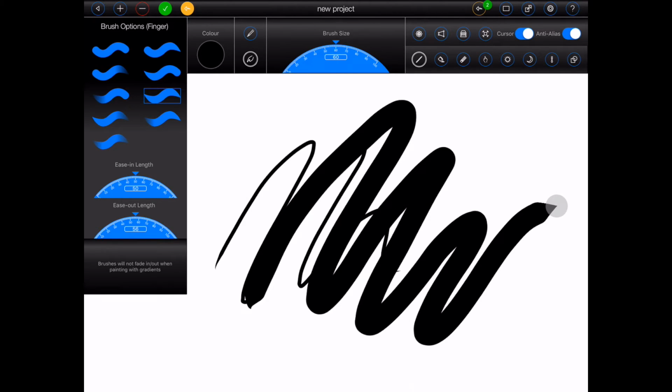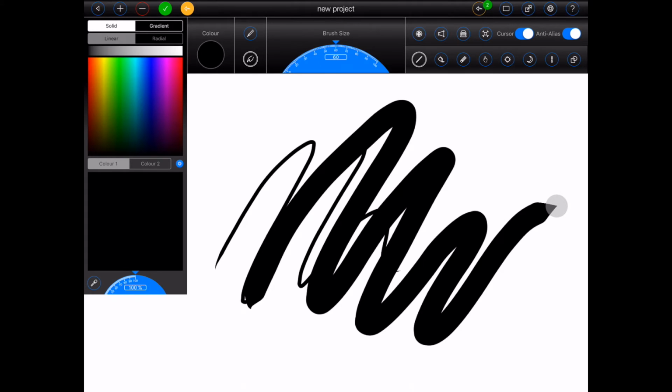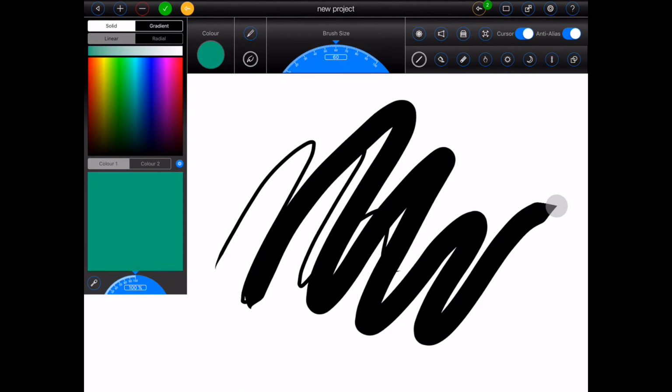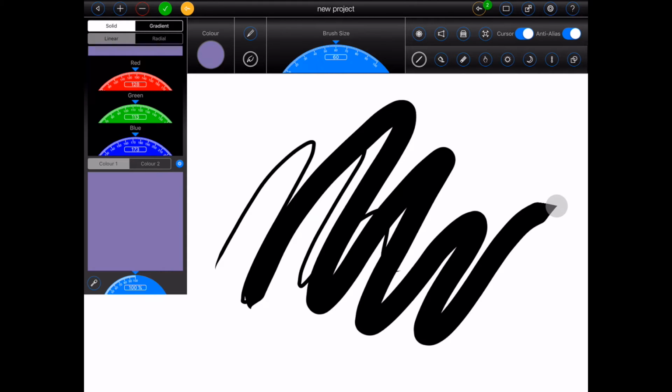Now it wouldn't be much fun if you could only draw in black. To set the colour of your brush, tap on the colour at the top of the screen. Drag your finger over the colour swatch to select a colour. As you do this, the gradient shown above the colour swatch will change. You can drag your finger over the gradient to select a lighter version of the currently selected colour. If you'd like a little more control over your colour selection, press the little blue button below the colour swatch. This will display 3 dials for precise RGB colour selection. Press the little blue button again to return to the swatch.